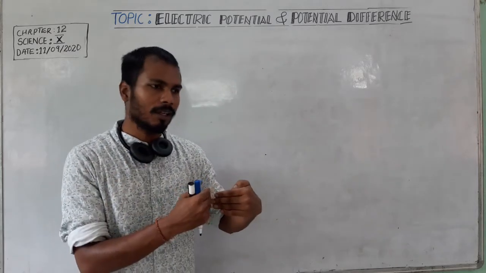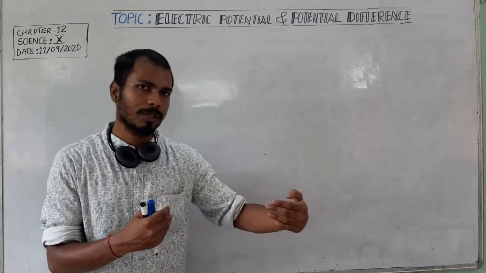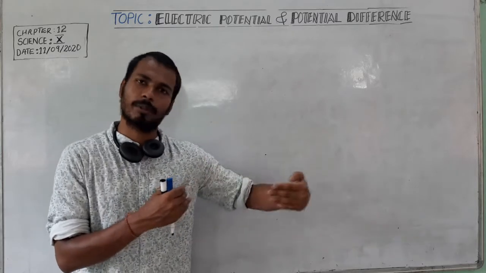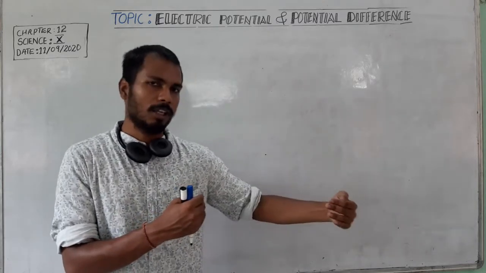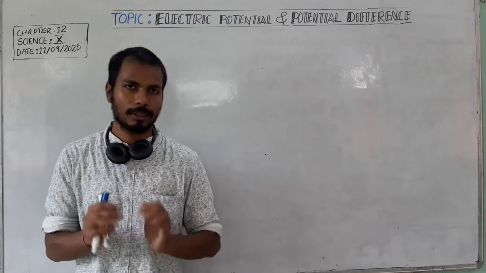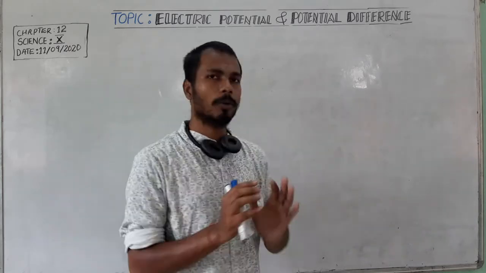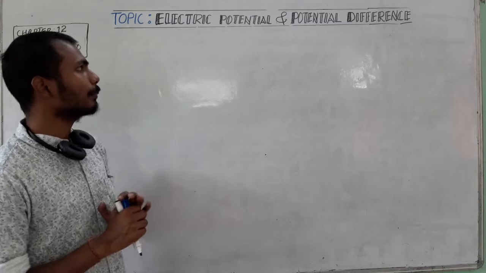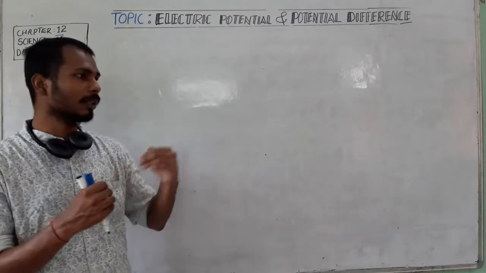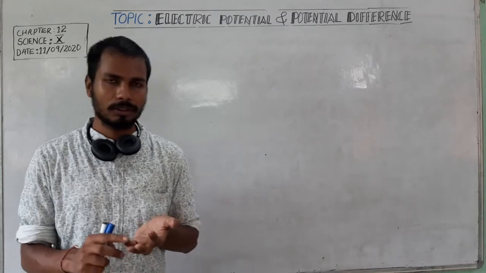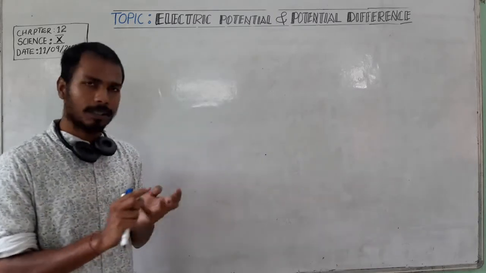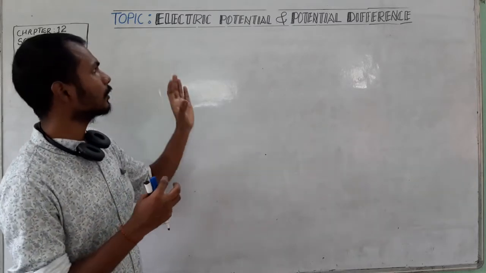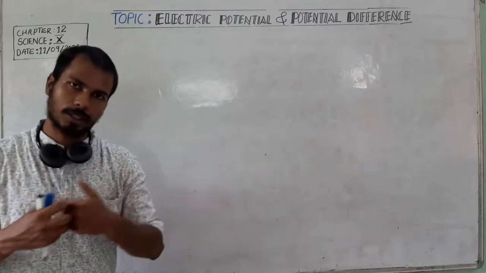And if the body is moving, then the body is changing its position. Means the body is displacing. Displacing means there is a displacement or a distance covered by the body. If the body is covering a distance, then there is work done. This work done you have already learned in class 9. So today we will learn electric potential and potential difference. What is the link between electric potential and work done? We will learn the link between electric potential and work done, and from where electric potential comes out.